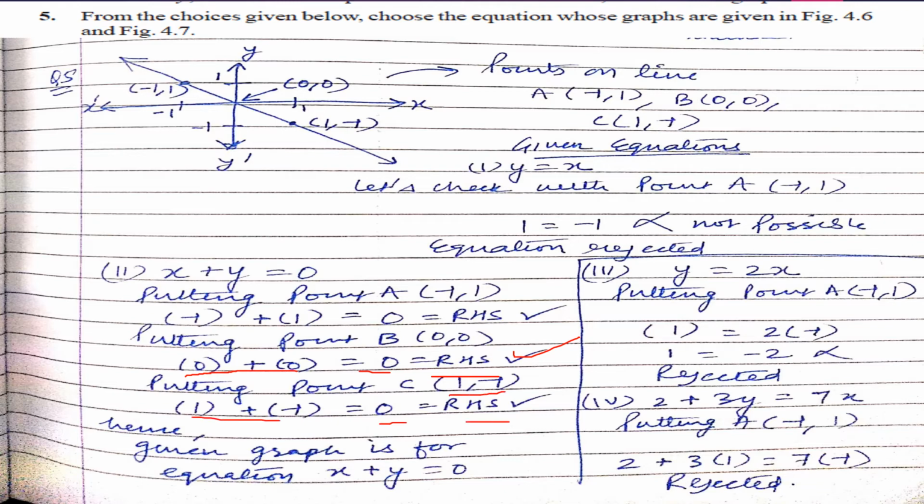So when you keep on getting right answers, you have to check all the points. But if you get one point wrong, you have to stop there only. Okay. So second equation is correct for this graph. Similarly, I have checked the third equation. You can compare yourself why it is not taken and why third and fourth are rejected. Okay. In a similar way, you have to check for the second figure. You have to find those points on the second figure and keep on checking on the given equations. Whichever equation satisfies these points, that equation will be the equation of that graph. Okay.